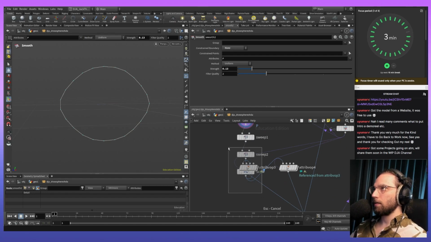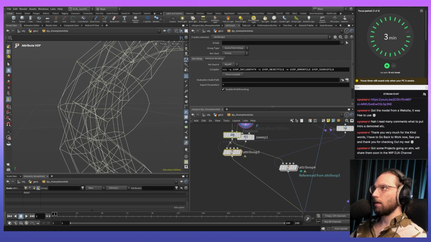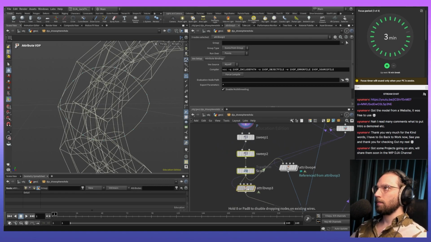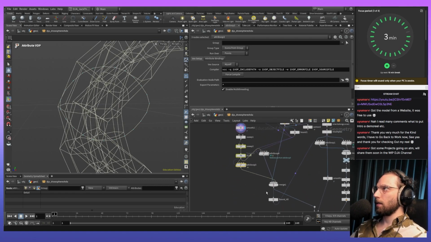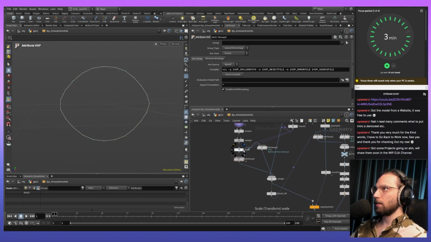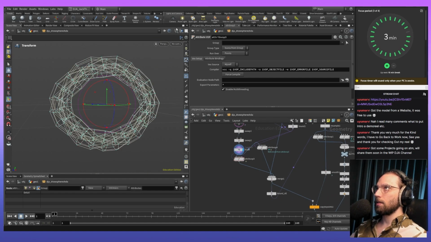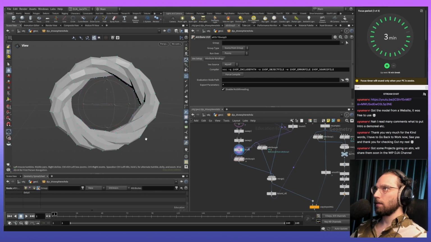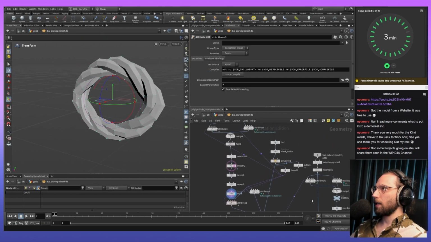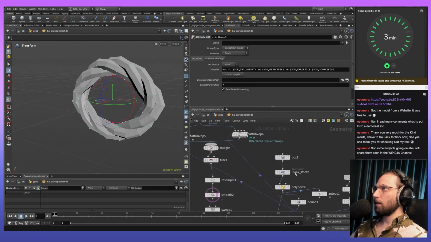Wait, let's select those. A and up and down. Okay, this looks good. Let's see. Let's enable it. And now we can see it with the flat shade. All right, this is looking better already. And now if we